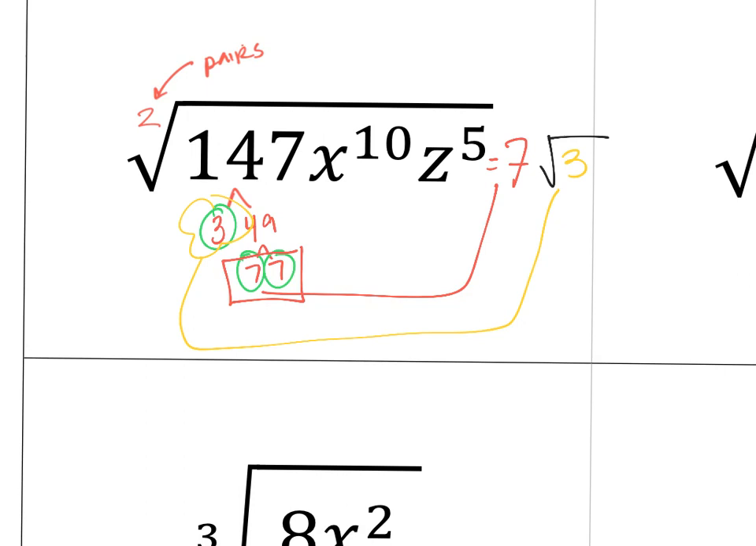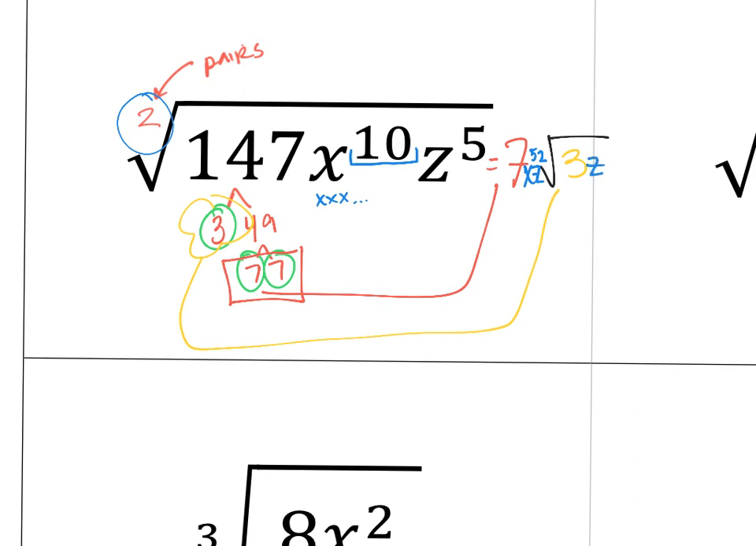So if it works for you to write out every single value, that's fine, like x, x, x, x, x here, but that's so many to write. So if I think about it, there are 10 x's and I need groups of 2. So that's going to end up being 5 groups. So we can actually just write x to the 5th. And then z to the 5th, if we think about that, divided by 2, that's going to be 2 groups. So we're going to have z to the 2nd, but that only uses up 4 z's, so that means 1